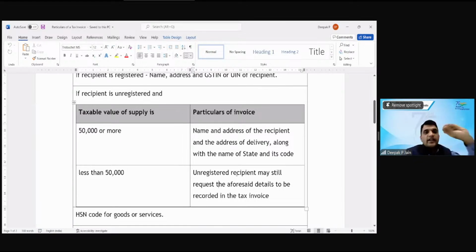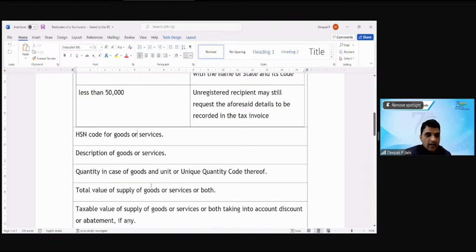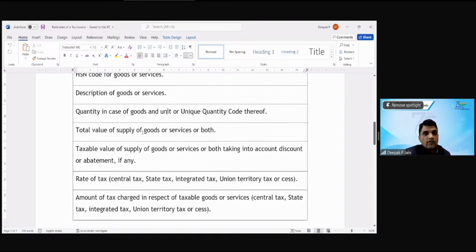अनरजिस्टर्ड रिसिपिएंट में स्टिल रिक्वेस्ट की आप डिटेल्स डालो तो डालेंगे, वरना एटलीस्ट स्टेट तो आप मेंशन करोगे। बाद में एचएसएन, ठीक है। HSN क्या है कि हर एक गुड्स या हर एक सर्विस के लिए एक HSN कोड है अपने जीएसटी लॉ में, उसको स्पेसिफिकली मेंशन करना पड़ेगा। डिस्क्रिप्शन ऑफ गुड्स, देन क्वांटिटी ऑफ गुड्स, unit and unit quantity code thereof, total value of supply,